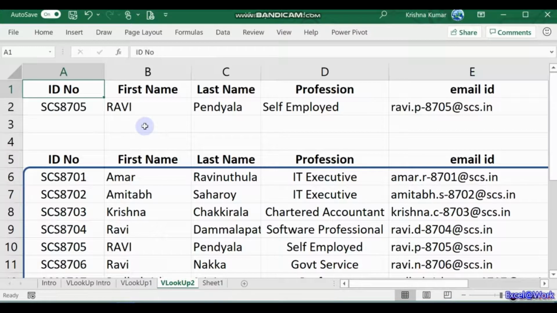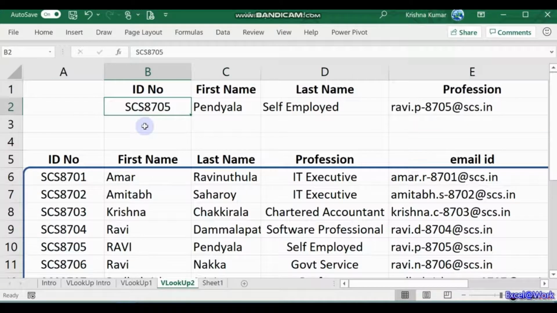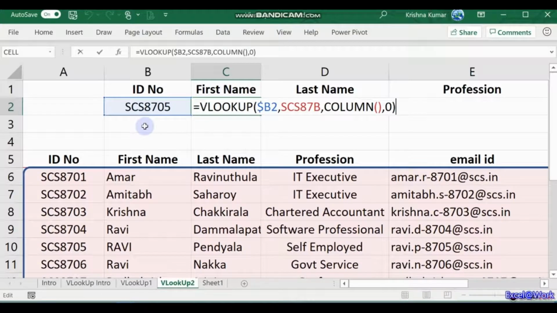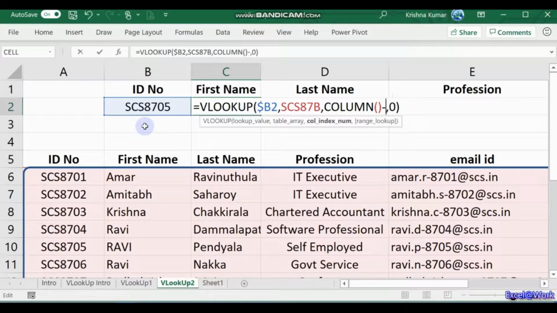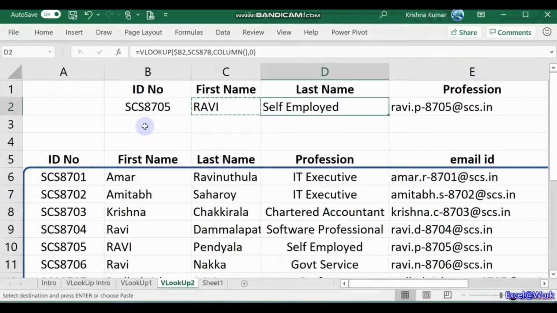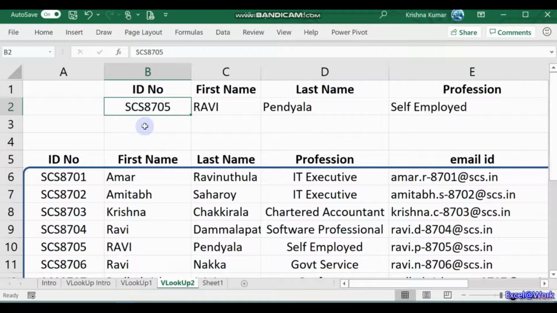Suppose your column number has changed a bit. The data of course doesn't change, data is always in this column to here to here. So for some reason you have moved it, say, one column to the right. So here the ID number of course doesn't change. The first name now refers to the second column. The first name which you wanted is now the second column of your array. So here, column number minus 1. This is it. This is how you enter one formula and copy and paste it for other data points.